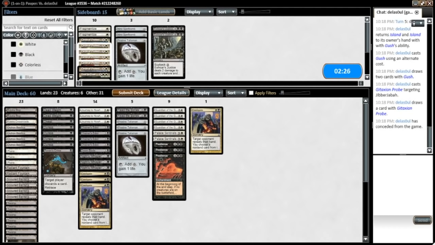But that was really surprising. They mulled to 6, we mulled to 4. It's pretty lucky on our part, for sure. But I think this is good here. So my guess is either they're...